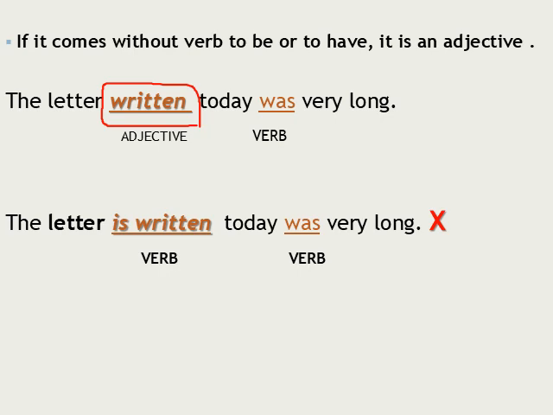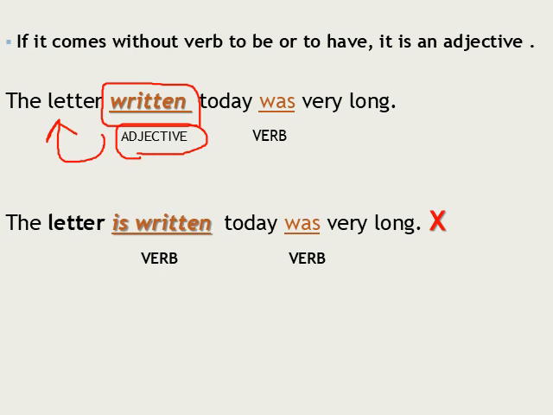So in this case, remember, it is not a verb. Okay, to be a verb, it should be accompanied with a verb to have or a verb to be. Here in this case, since it comes alone, it is an adjective. Okay, it is an adjective that comes to describe the subject or the noun before. Okay, so the letter written today. So in order to consider the sentence correct, we should continue reading the sentence in order to have a verb,